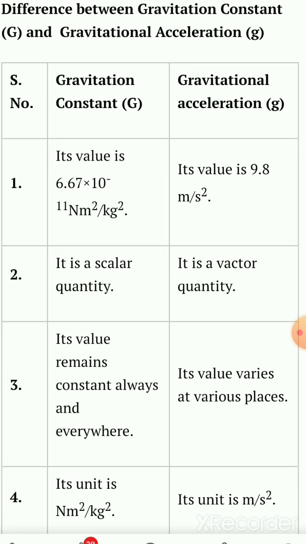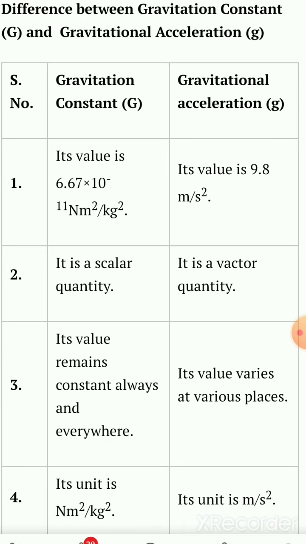You know that the formula for small g is small g equals GM upon distance square, where capital G is constant, mass of Earth is constant, but the distance of the object from the Earth is not constant. The distance may vary. So if the distance varies, the value of small g will also vary. So its value is not constant everywhere; its value changes as the distance of the object which is attracted toward Earth increases or decreases.